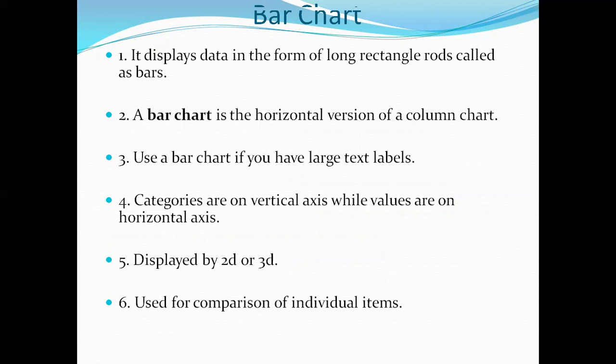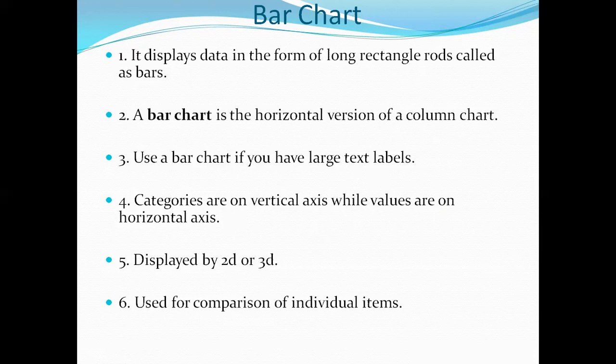Bar chart and column chart are both very similar to each other. The difference is that a column chart always has vertical data series, while a bar chart has horizontal data series. Okay, so this is a differentiation point which you have to remember. Use a bar chart if you have large text labels. For example, if I tell you to compare the population, a column chart or bar chart can be a good choice. Or if you're taking a poll of yes and no, which you can also see in news, it is a good choice to use this kind of bars.